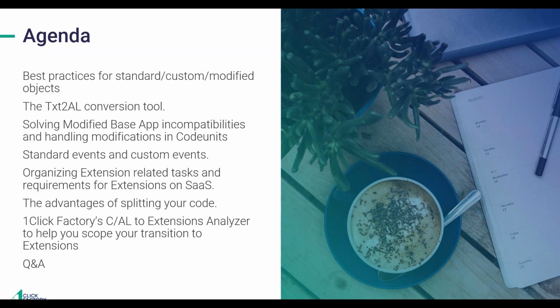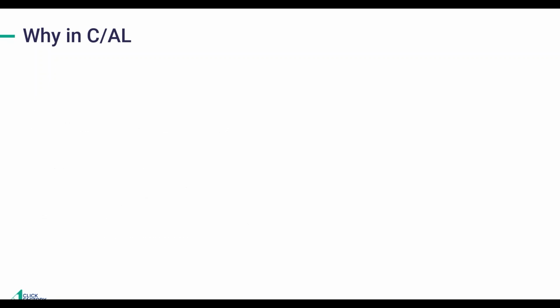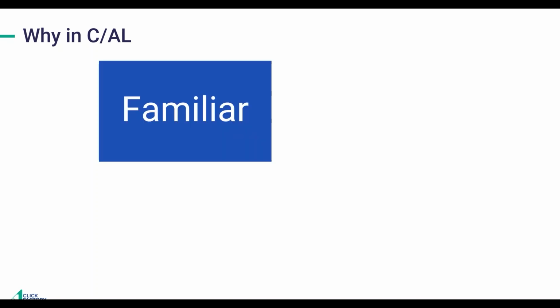So let's get started with why we want to do that in CAL in the first place. Why can't we just convert everything as is to AL and continue from there? So first of all,